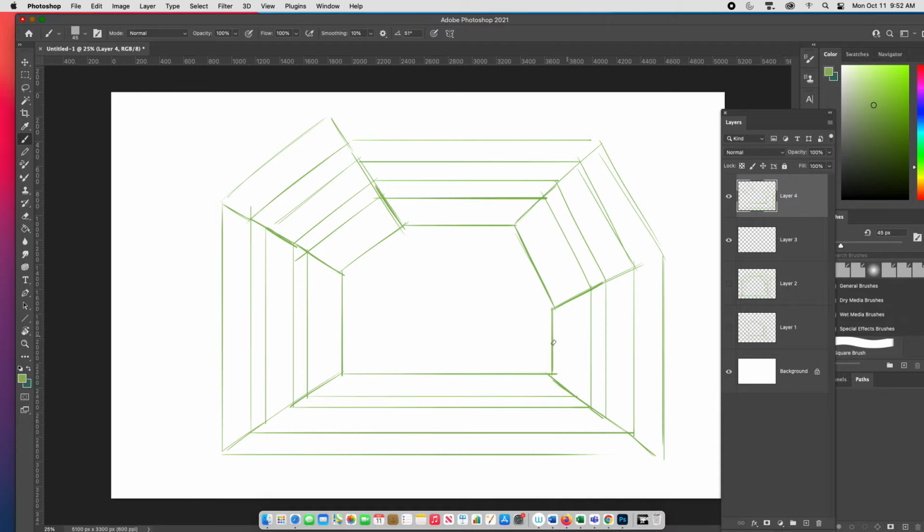And at this point, I'm just going to go ahead and create the grids for my wall. And again, that's done by finding the midpoint